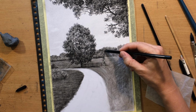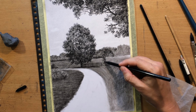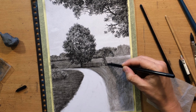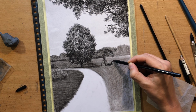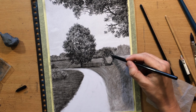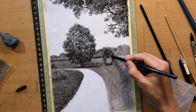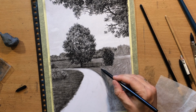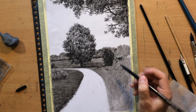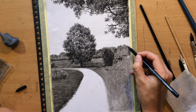And now I have some more bushes here on the right. This first one is going to be a little bit darker, a little bit taller. Maybe it's like a smaller tree or a larger bush, I don't really know, it doesn't really matter. So I first did that, and then I moved on to drawing some more bushes here to the right of it. And you can see how I'm approaching this by mostly focusing on those shadow areas between the larger bushes and the larger clusters of foliage,